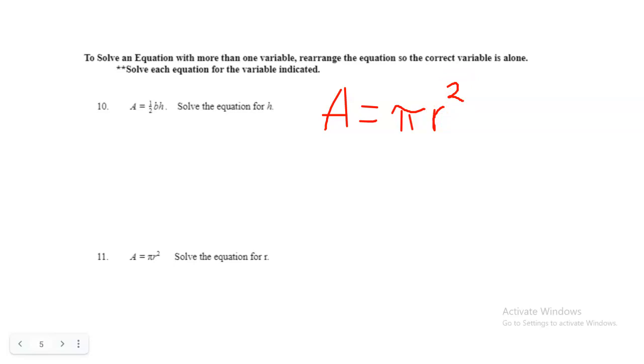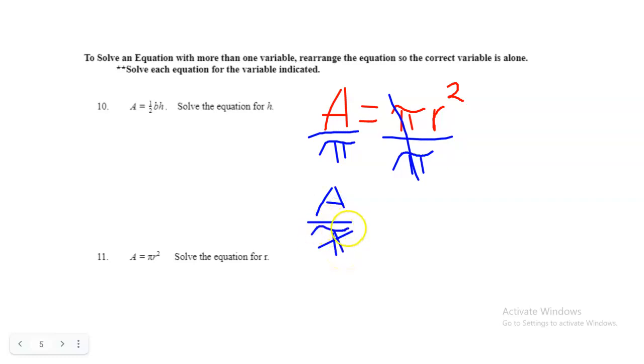Pi is being multiplied by r squared, so the first thing I'm going to do, the opposite of multiplication is division, is divide both sides by pi. Okay? Now I have a pi button on my calculator and I know what pi is, but we're going to leave it as pi because it'll be a lot cleaner. So I know pi divided by pi is 1. So I've got area divided by pi is equal to